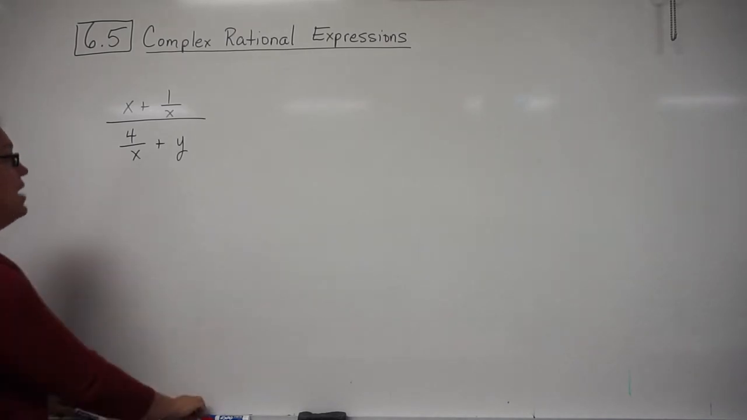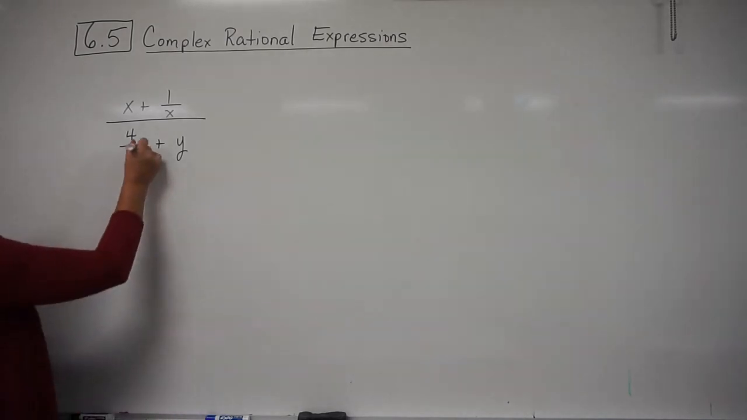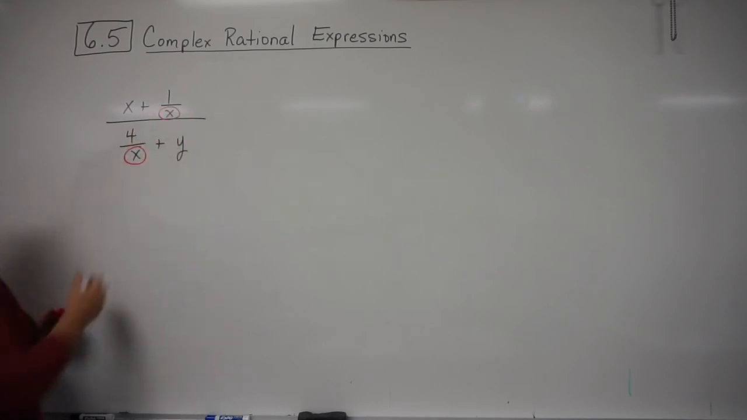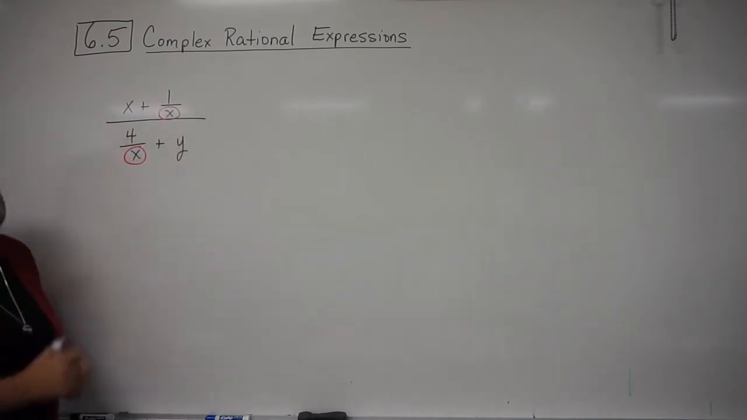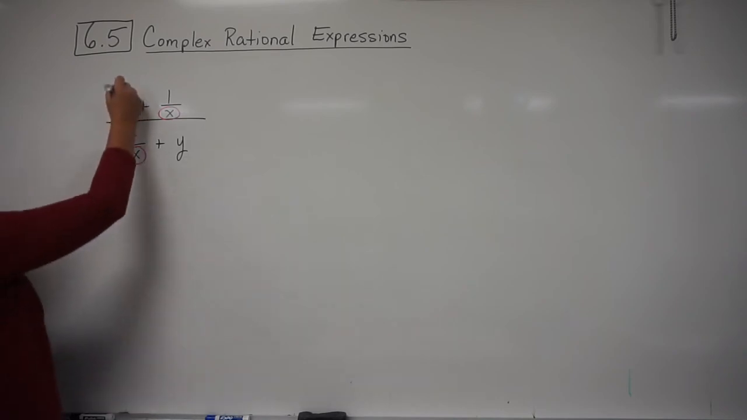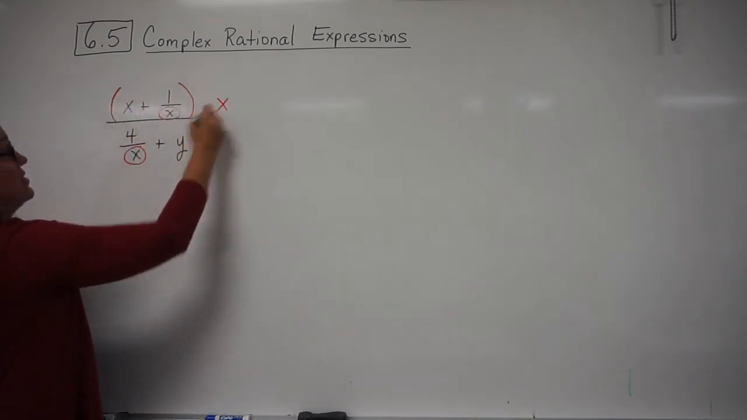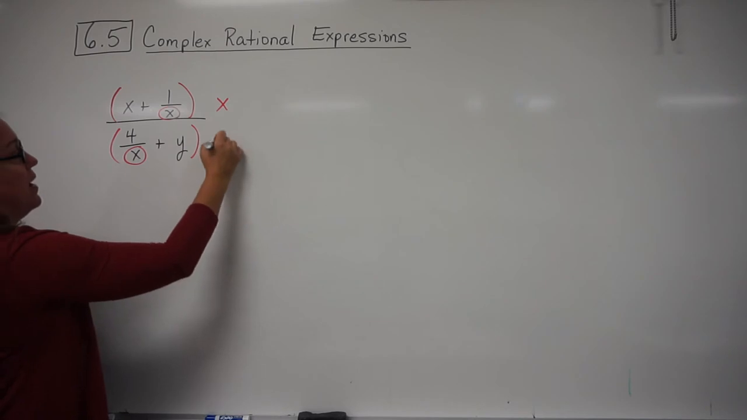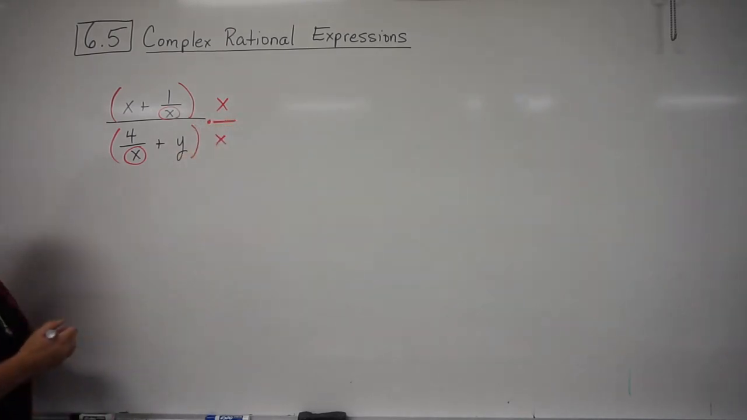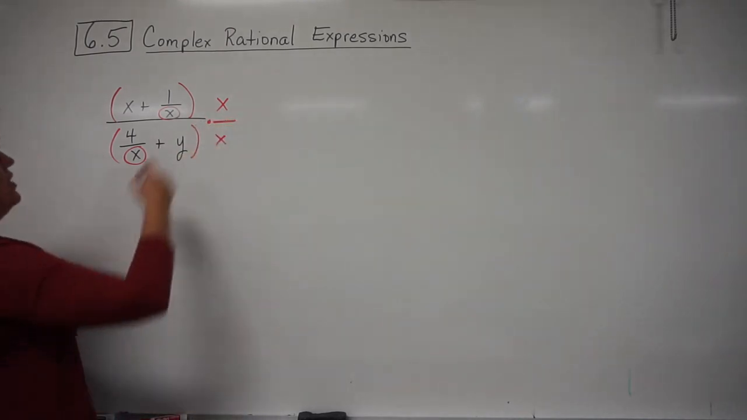That's actually a lot more steps than just looking at what our denominators are within the big fraction. The only denominator we have is x. So I'm going to multiply the top and the bottom of this fraction by x. And when we do that,